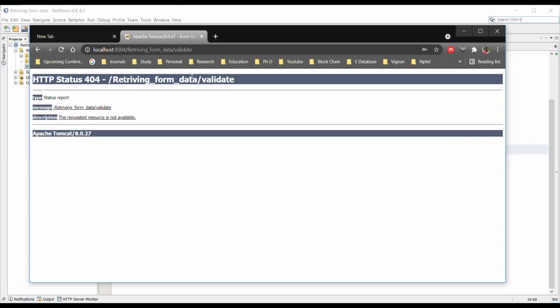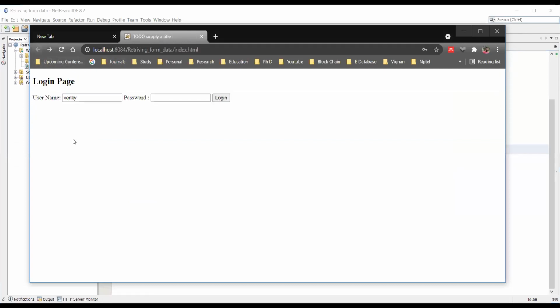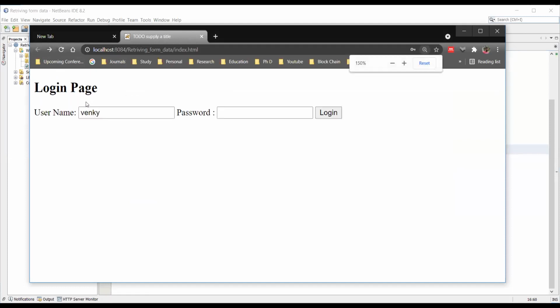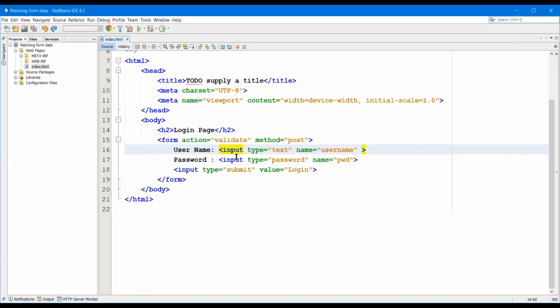Now our front end is completed. Here we need to give the username, and here we need to give the password. Now we need to give the backend, so it is servlet programming.